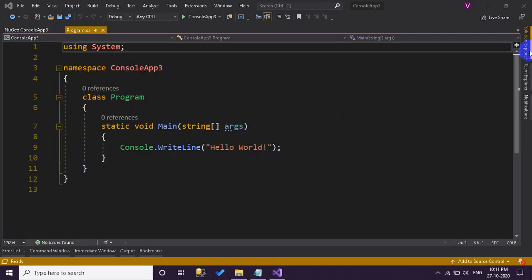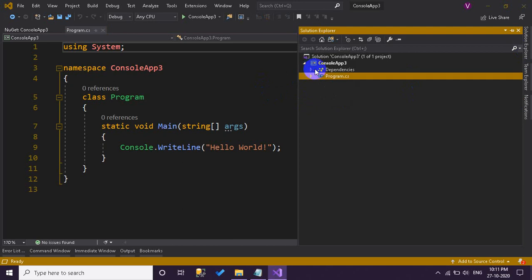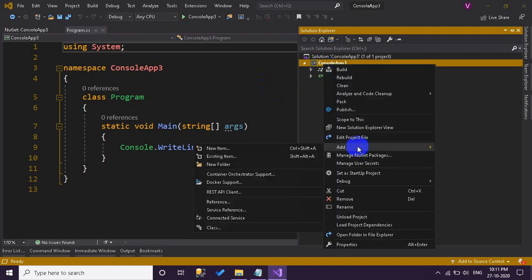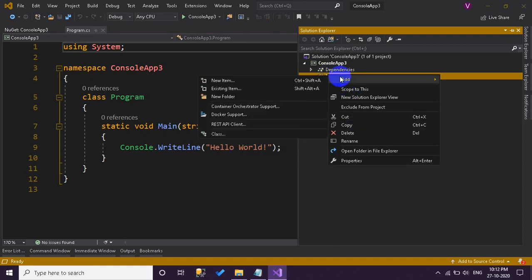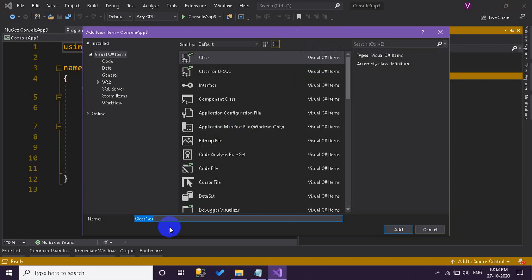Now we have to create a folder inside our project. Let's name it as Model. Model usually represents the tables of a project, in the MVC pattern also, so we can easily relate to that. So I am naming it as Model. I am going to add a class here. Let us name it as Student. It will be a student table.